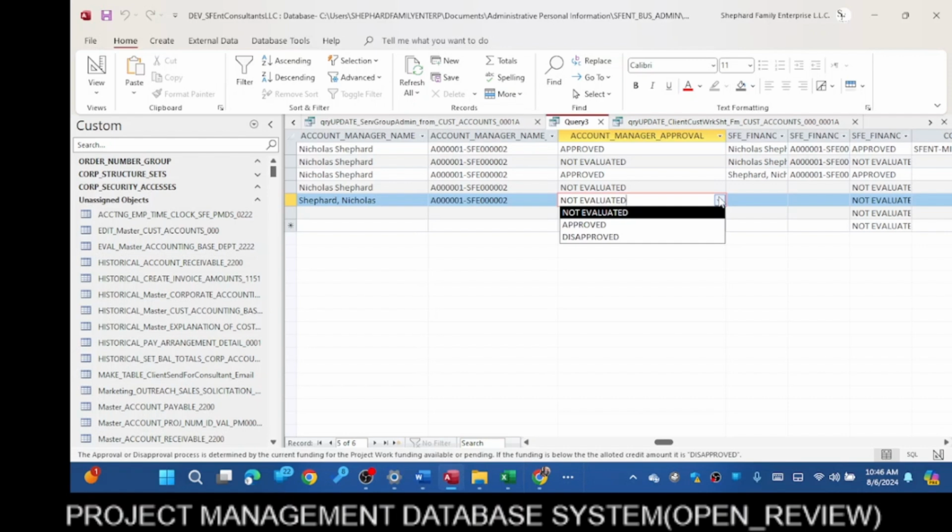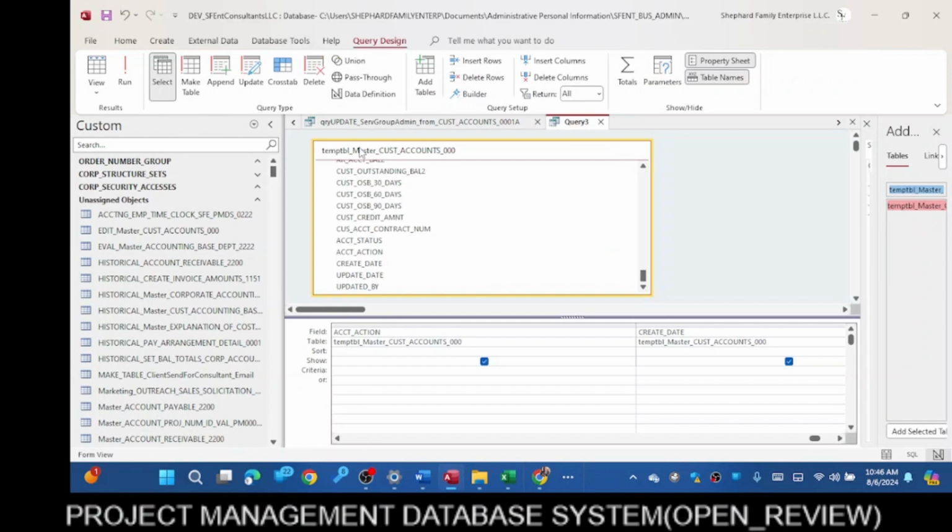Okay. All right. So what I want to do, not only in this, I would like to add another drop down to this. So what I'm going to do is go back to design view. This is a table. I'm gonna go back to this table, the customer accounts table, and I'm going to add that